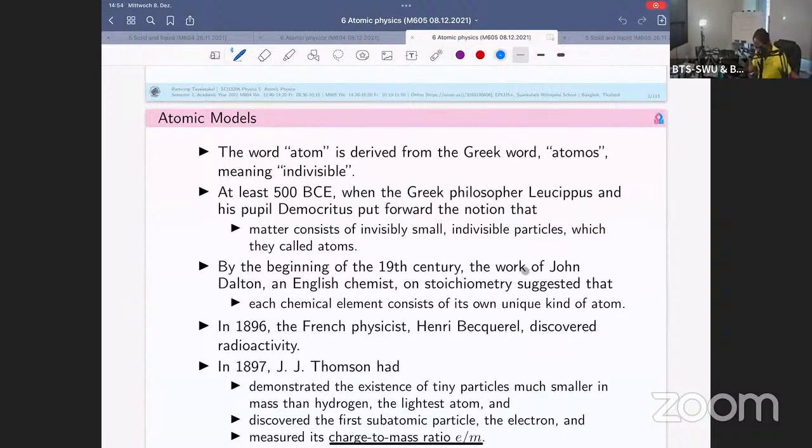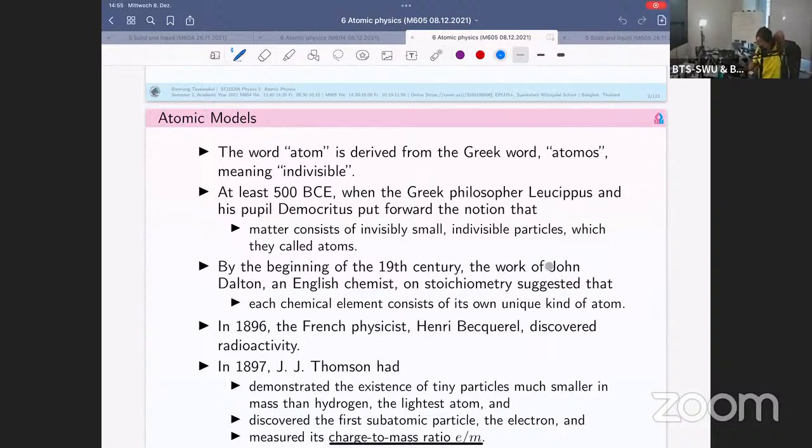Until the 19th century, this is the history which was recorded in the past. I don't know, maybe there would be some more information about the atom, but this is only the available detail we could find on Earth, right? Maybe there were some developments before, but they were destroyed by time or something like that. But the one that was still recorded for humans is from the beginning of the 19th century,